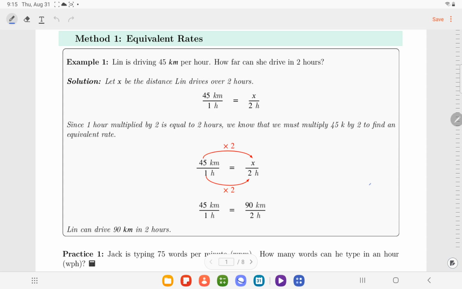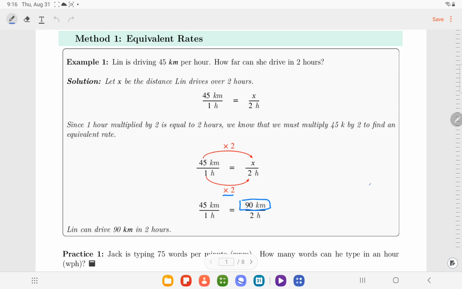If Lynn is driving 45 kilometers per hour, we can find how far she would drive in 2 hours. If we multiply 1 hour by 2, we get 2 hours. Then we have to do the same to the distance. 45 kilometers times 2 is 90 kilometers. So she will travel 90 kilometers in 2 hours. Notice that we use a constant rate of change or constant speed, meaning that every one hour she will travel